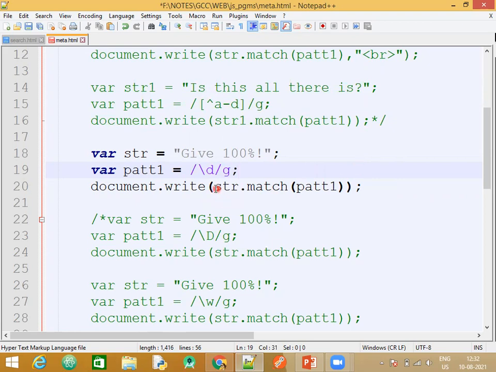Observe here, for all the examples, what function have we used? String dot match. We are no longer using string dot search. Since we are doing pattern matching, the function is match. So what output will it give you? Can anyone tell? It should match everything ranging from 0 to 9. So what will be the output of this?